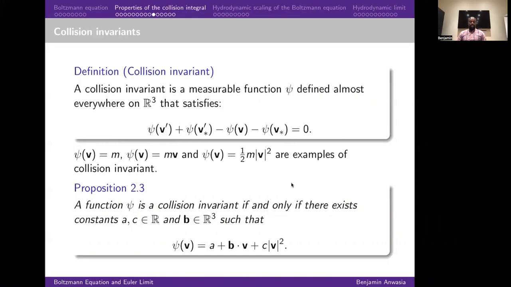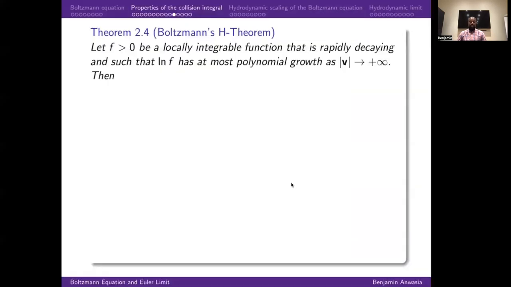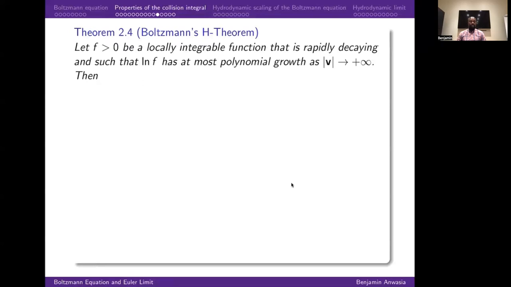The final property of the collision operator to be considered is Boltzmann's H theorem. Let f that is greater than 0 be a locally integrable function that is rapidly decaying